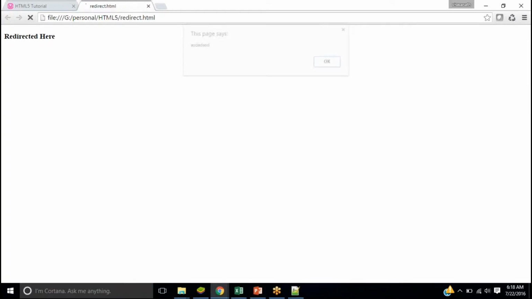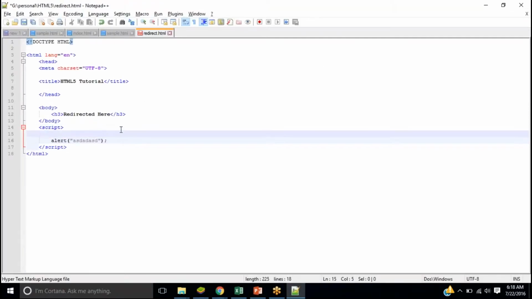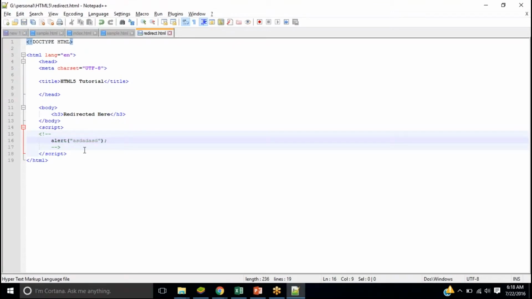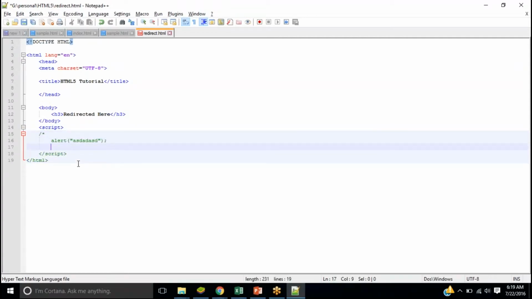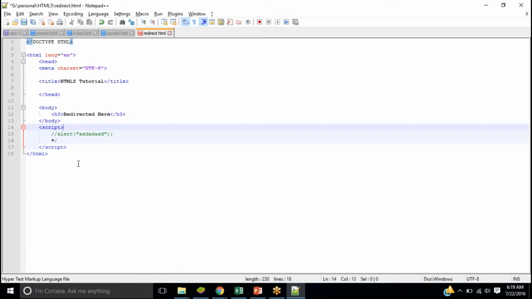Now when I redirect it, HTML is loaded. So I can basically comment this way, or, so this will not work inside script. Yeah, this will not actually work inside script. So I was telling you, we should use better ways, block level comments or inline comments like this. Okay. I think in the lower versions of HTML this was supported.